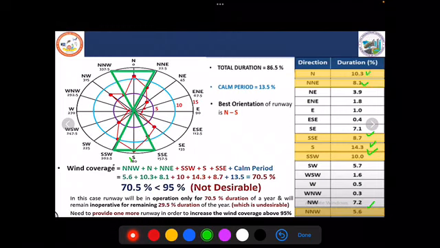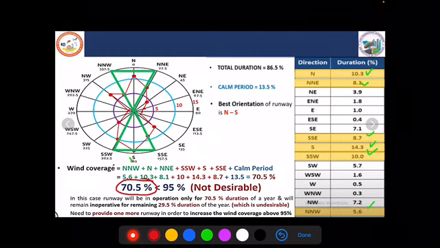Now we add all these values to determine the wind coverage. Since the calm period does not interfere with the landing and takeoff operation, add the calm period too. So the cumulative, how much did we get? We got